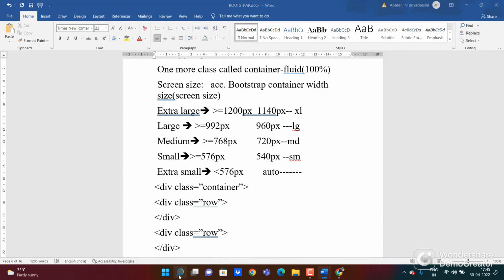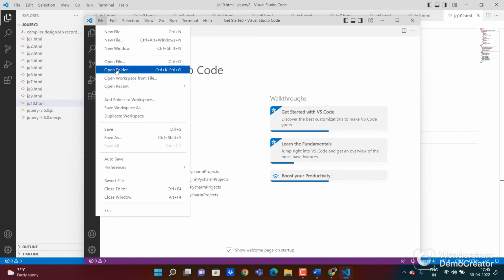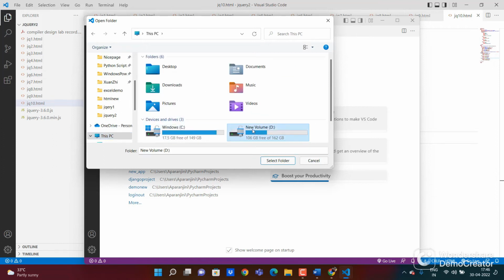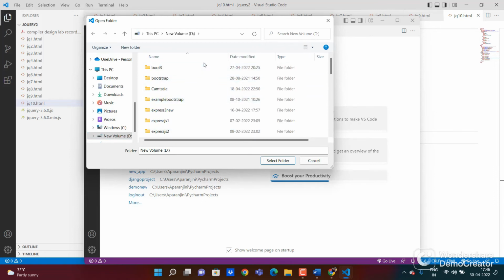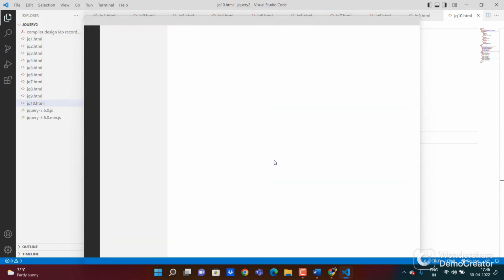So I am using the editor Visual Studio Code, and you can download the Visual Studio Code directly, and you can create one folder. So in D I am creating one folder. In this, let me create one folder, and here I am creating bootstrap classes. So this is my folder, and this I am opened here,